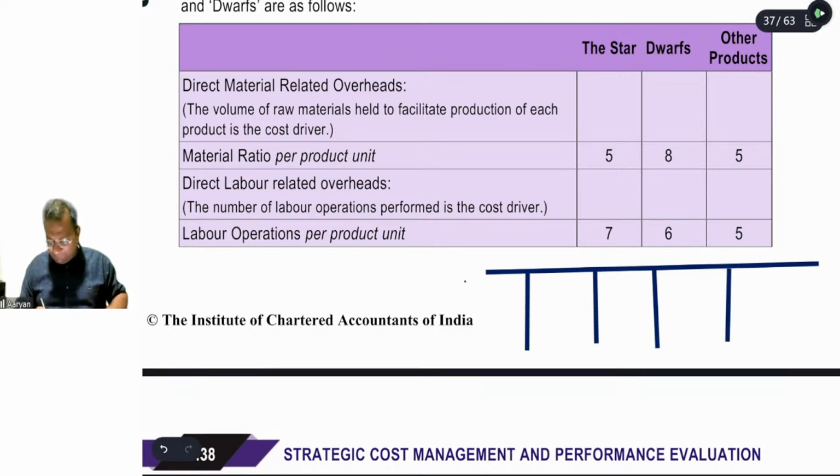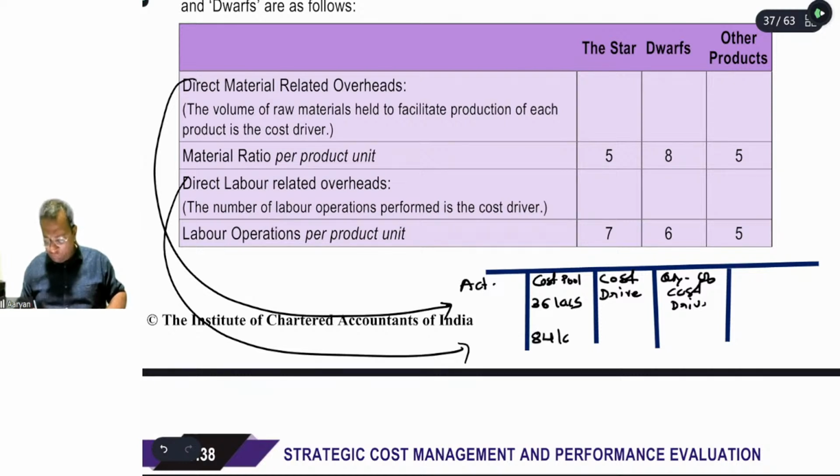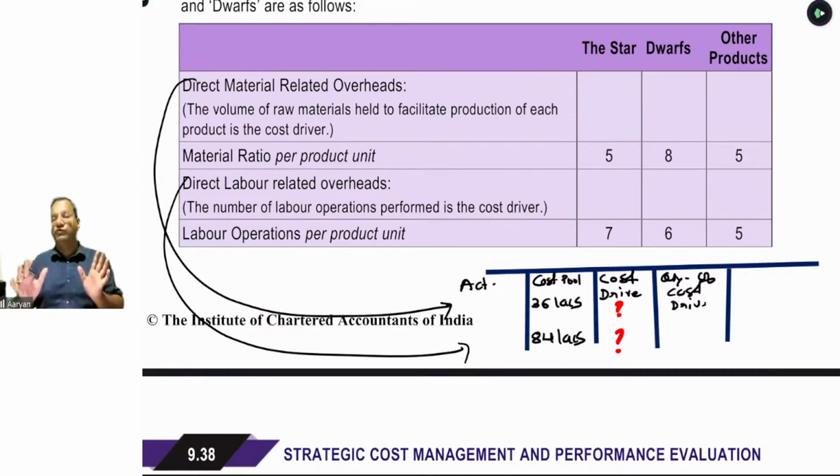पहले कॉलम में आप एक्टिविटी लिखेंगे, सेकेंड कॉलम में आप कॉस्ट पूल लिखेंगे, थर्ड कॉलम में आप कॉस्ट ड्राइवर लिखेंगे, फोर्थ कॉलम में आप क्वांटिटी ऑफ कॉस्ट ड्राइवर लिखेंगे, है ना। फर्स्ट एक्टिविटी आपकी ये होगी, सेकेंड एक्टिविटी इज दिस। टोटल इसका अमाउंट वही रहने वाला है बेटा, 36 लाख और 84 लाख। आपको सबसे इंपॉर्टेंट है ये दो चीज़ फाइंड आउट करना, what is the cost driver, उससे भी ज्यादा इंपॉर्टेंट what is the quantity of that cost driver, है ना।